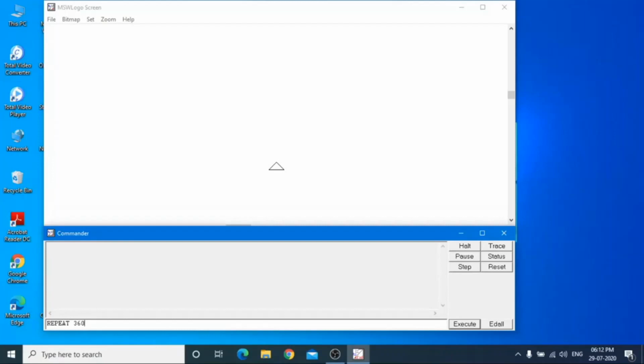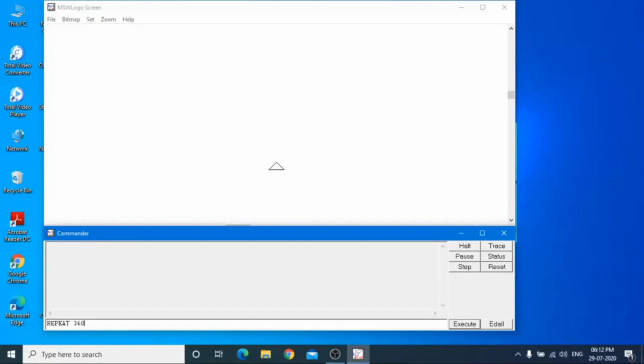Now, if you want to draw the semicircle, you have to take half of 360, meaning 180. Just see, clear this screen and then CT to clear the text. Now repeat space 180, then the bracket, what you have to write?